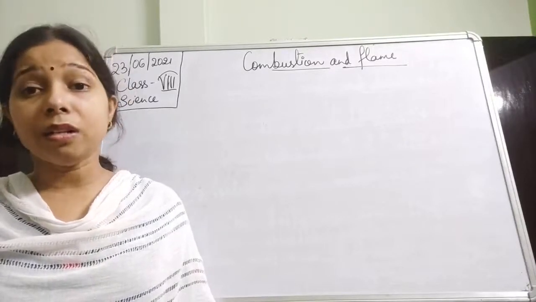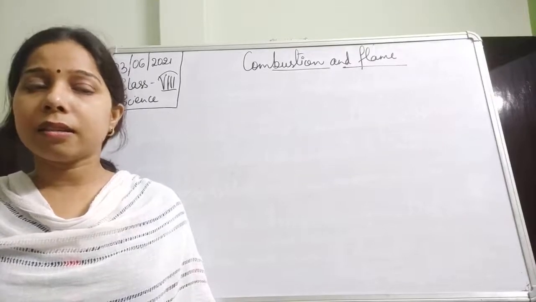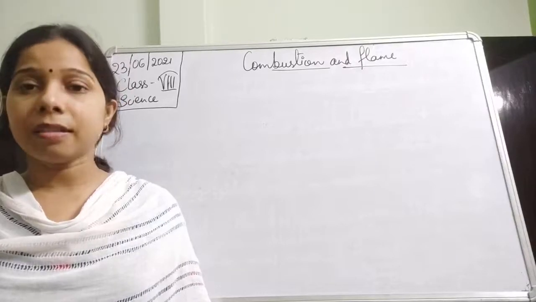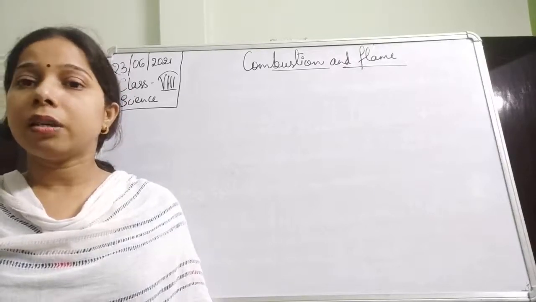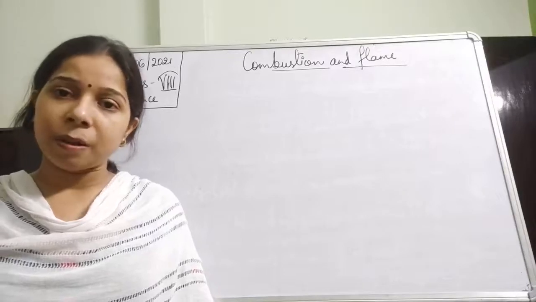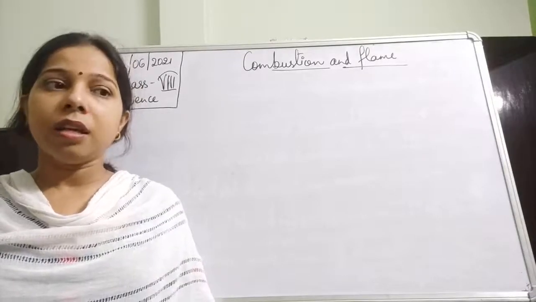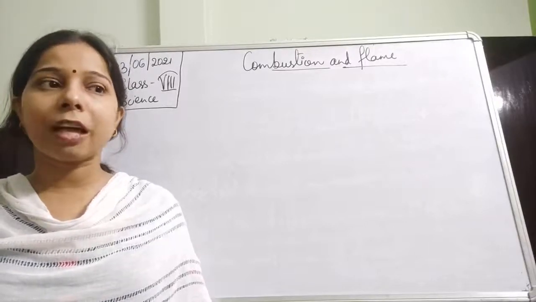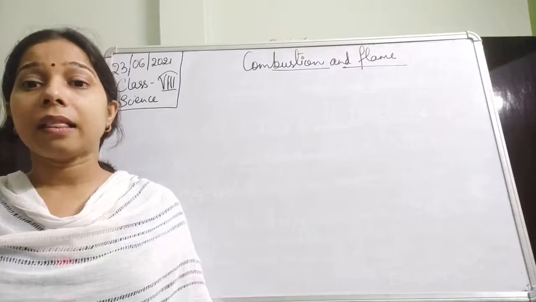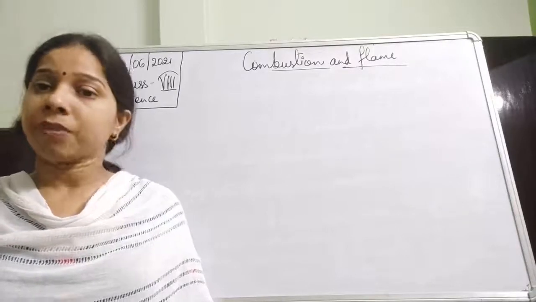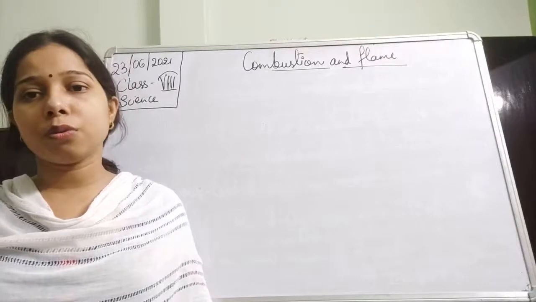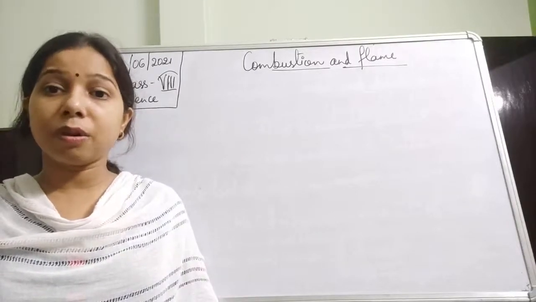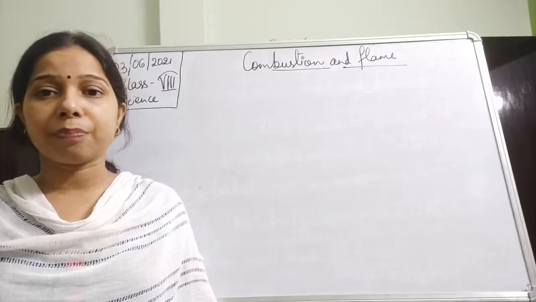What happens in the middle zone? In the middle zone, students, it receives a lesser amount of oxygen. It does not mean that it does not receive any, but comparatively to the outermost zone, it receives less oxygen. And because of that, the color of the flame is yellow. If there is no sufficient supply of oxygen, then that kind of flame will be luminous. One more thing, in the outermost zone, the kind of flame is a non-luminous flame, because blue is not a very bright color.